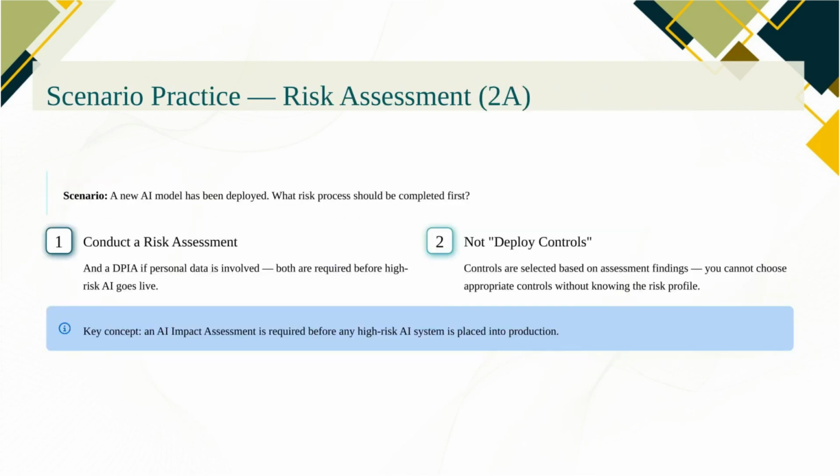For threat management scenarios, here are the traps. Treating adversarial AI attacks as standard malware. They are not. An evasion attack or a prompt injection requires fundamentally different defenses than a Trojan or ransomware. Ignoring insider threats as a source of AI model compromise. Insiders with access to training data or model deployment pipelines are a significant threat vector.